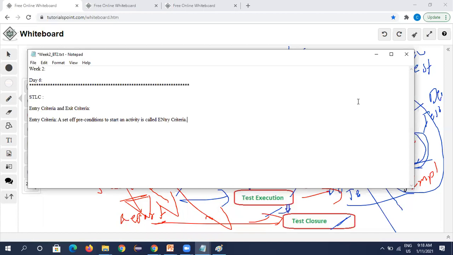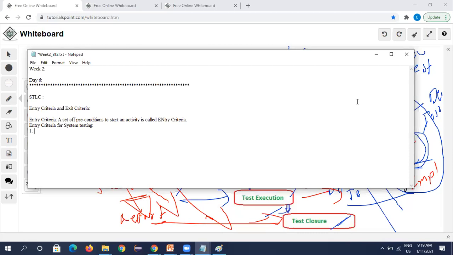Like that, there is an exit criteria also. So, when we enter, we need to get out, right? When we give some input, we need to get some output, right? So, for that, exit criteria also is there. So, what are the entry criteria for system testing? What are the preconditions we need to cross-check before we start our testing?